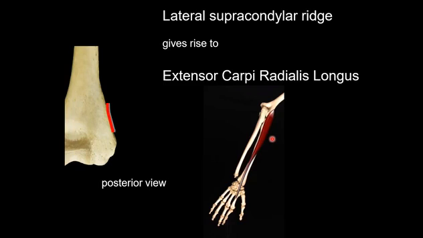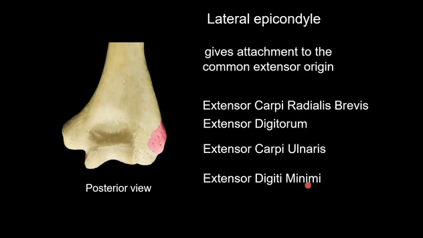It's long. Once you say carpi radialis longus, it means that there is a relationship with the carpal bones. That's the meaning of carpi. Longus is talking about the length. You can see the length. And then radialis means where it is finally inserting. Okay? Now, extensor means the function. It's relevant for extension. There are very, very few exceptions to this, but from the nomenclature, you'll be able to at least relate with the function of some of the muscles you will see. So extensor carpi radialis brevis, extensor digitorum, extensor carpi ulnaris, extensor digiti minimi, all arise,